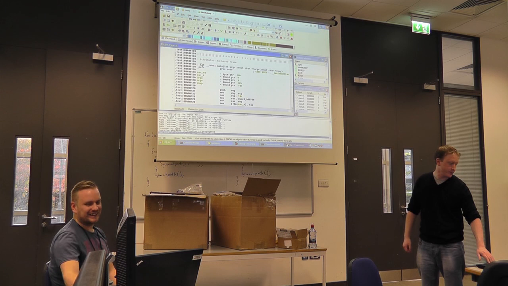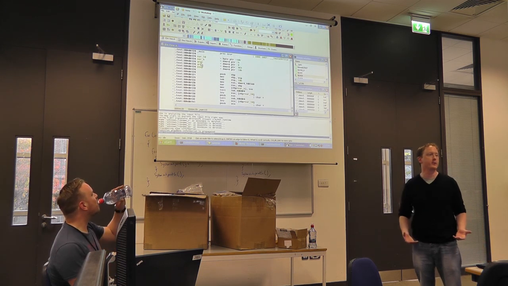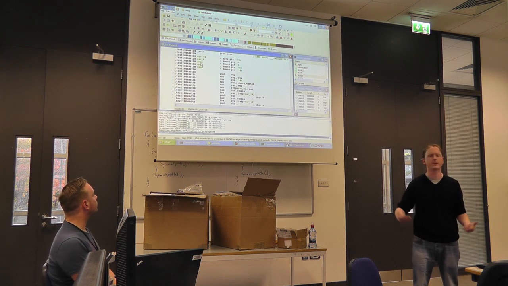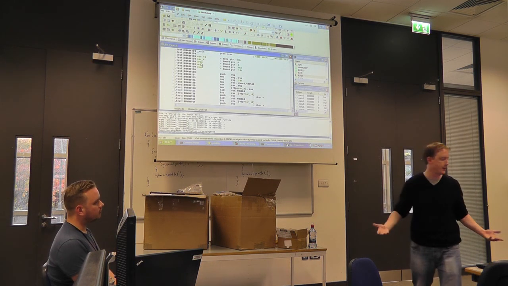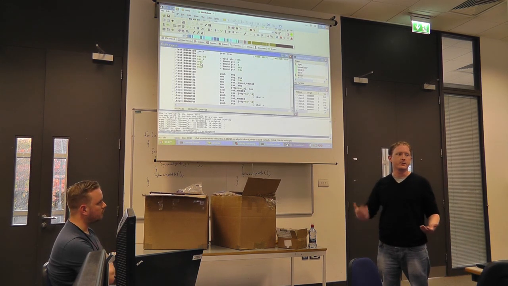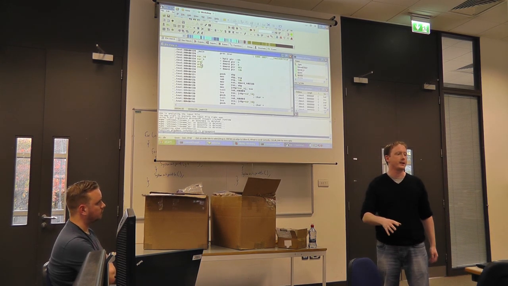Okay, so this is where IDA really comes into its own. It's why it's so famous. It's why everyone who talks about malware will say, "Oh, just use IDA. It makes everything so much more simple." Because IDA straight away tries to do very intelligent parsing of the assembly language that's actually there in